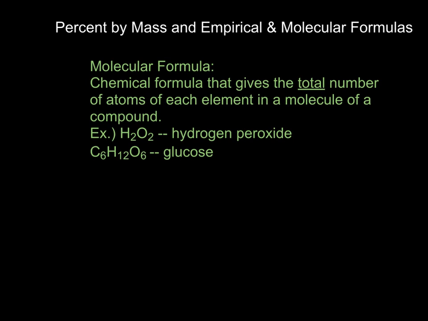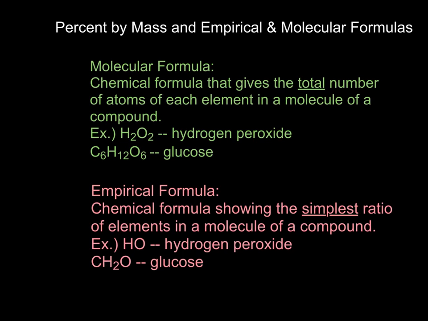So first of all, let's look at our definitions of what a molecular and empirical formula is. A molecular formula is the chemical formula that gives the total number of atoms of each element in a molecule of a compound. So for example, H2O2, hydrogen peroxide, that formula tells us that there are 2 hydrogens and 2 oxygens bonded together in every molecule of the compound hydrogen peroxide. And for glucose, we know that there are 6 carbons, 12 hydrogens, and 6 oxygens in every molecule of the